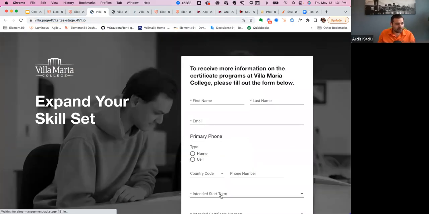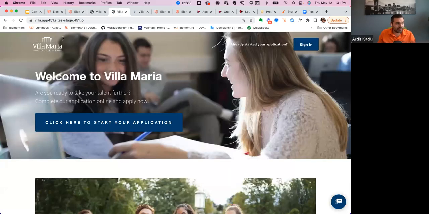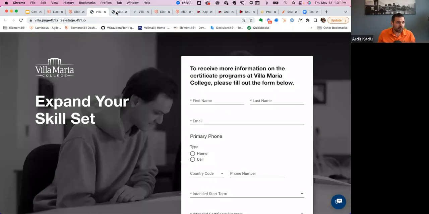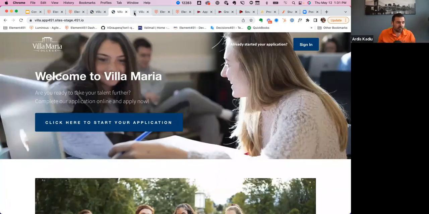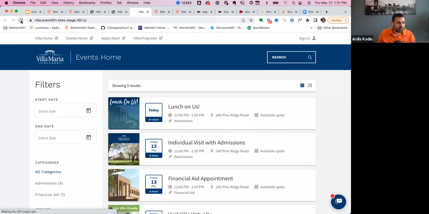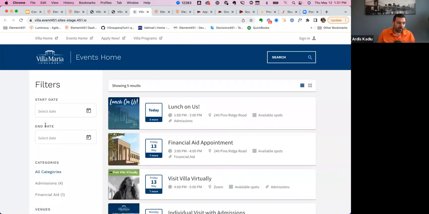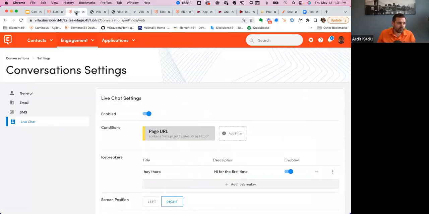So this is on the conditions, and now if I go here and I refresh, that messenger is going to pop up here. And if I go to my other page and I refresh and I keep on waiting, there is no messenger, right? So because of that condition, it shows up on this page. It shows up on the landing page, but it doesn't show up here. Same thing for our events. Now it kind of disappears from there, even though that code is still there. Like, you control visibility through the configuration of Element.